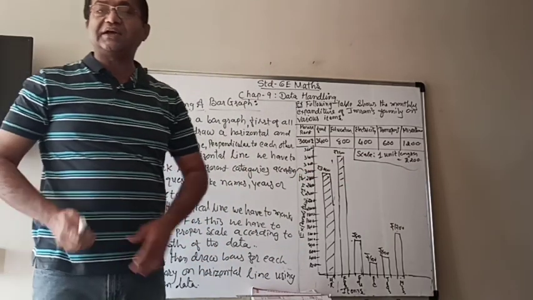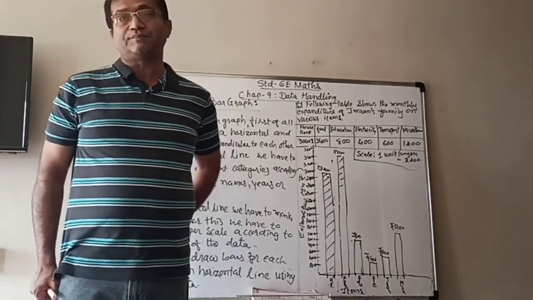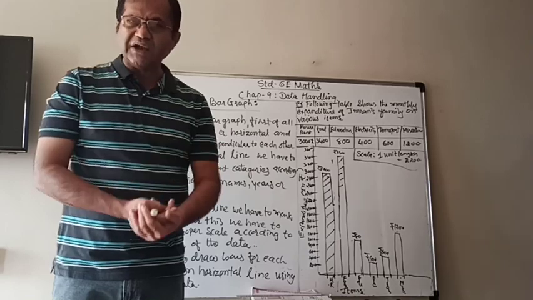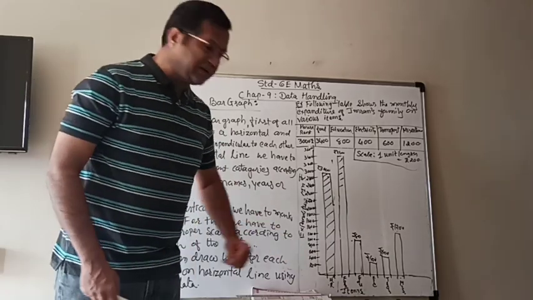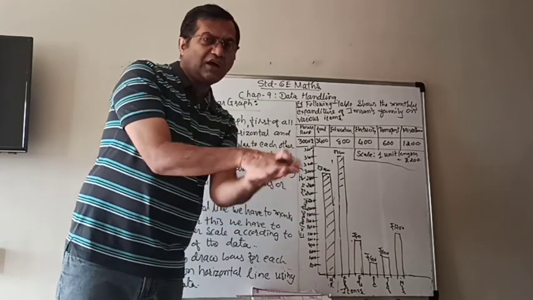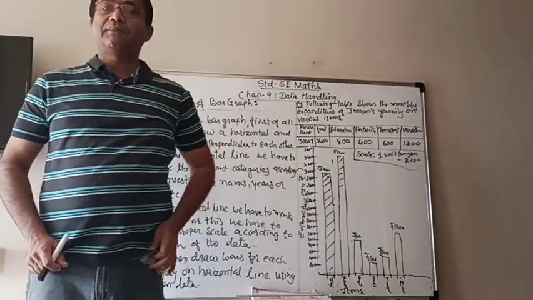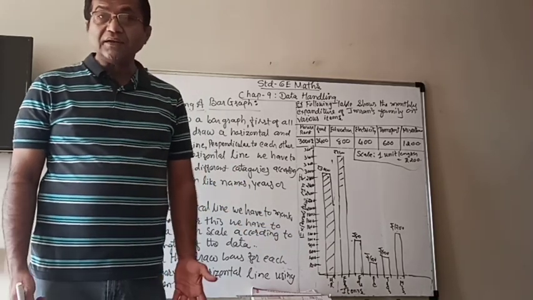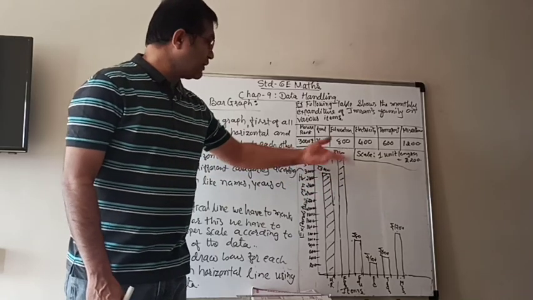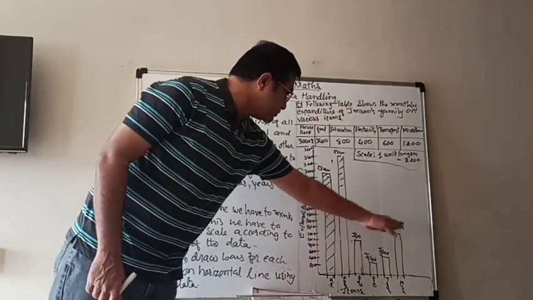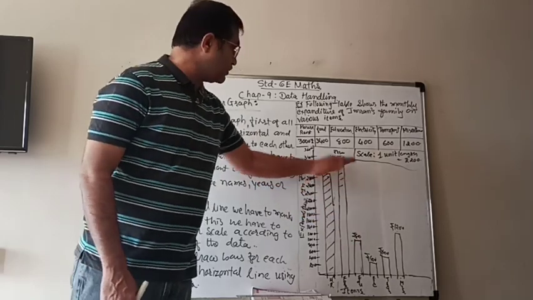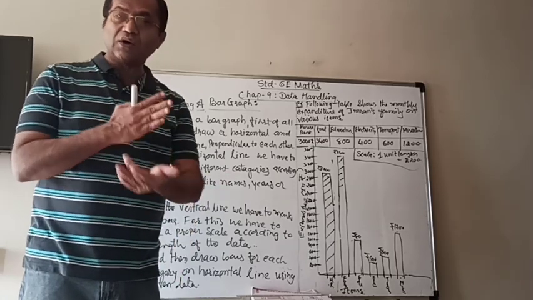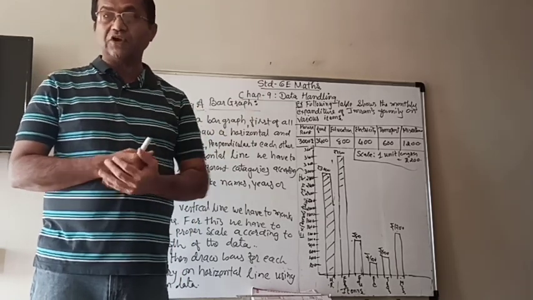Choosing the scale is very, very important, because otherwise, if you choose a very small scale, suppose I take 500 here, then my graph will be very short and the whole other page will be blank. If I take only 100, then some of them I won't be able to do. Maybe I can manage this one, but what about 2400, 3400, 3000? So I can't take 100, and I can't take 500,000 either.